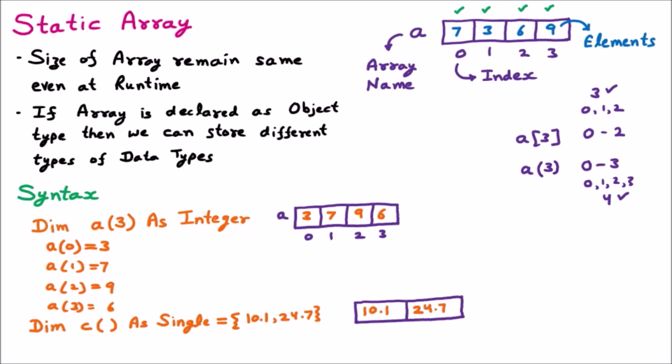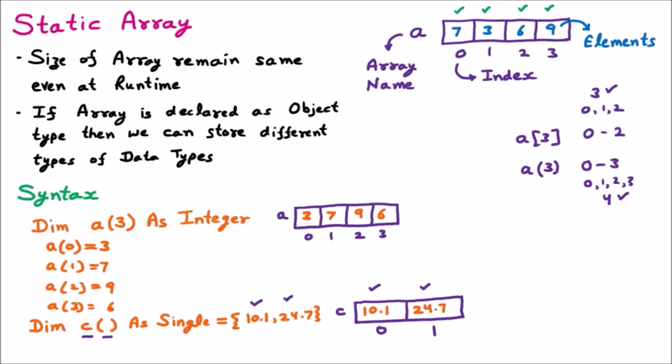Now here we know that we have given the name of array, which is C. So the name of array is C. Here memory size is not allocated, because here we have given two elements. So first of all these two elements will be stored, and .NET automatically assigns the size of this array. We know that here 0 and 1, that means two places are required. So .NET automatically defines the size of this array.